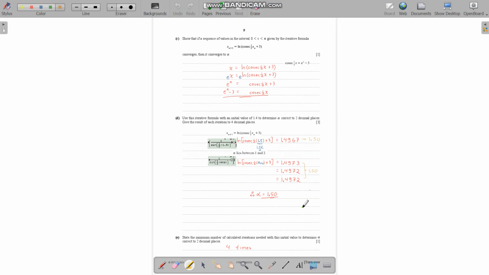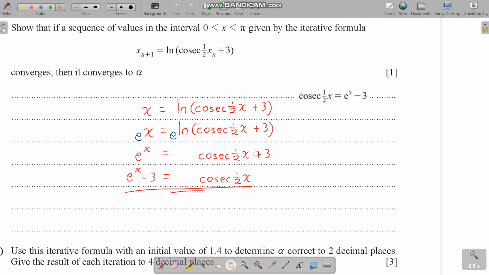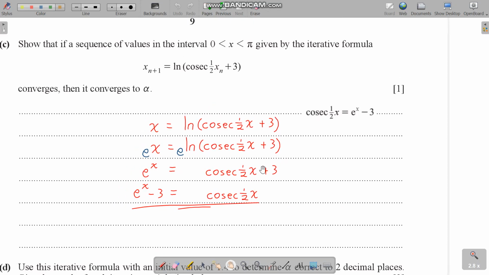Next part, show that if the sequence of values in the interval given by converges, it converges to alpha. So basically you have to do the algebra. So turn this equation here into the original equation in the first part. We start by ignoring the subscripts n plus 1 and n. So just rewrite without the subscripts, and then you get this, and then we do e to the power